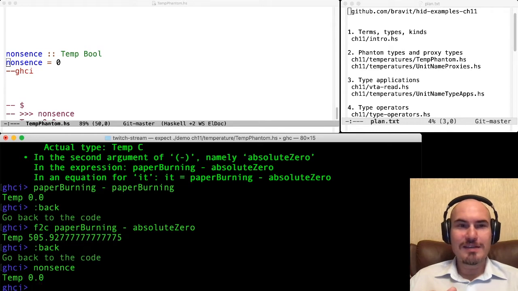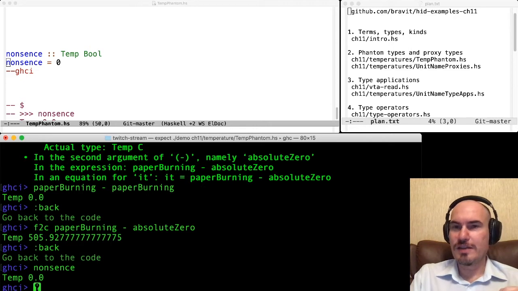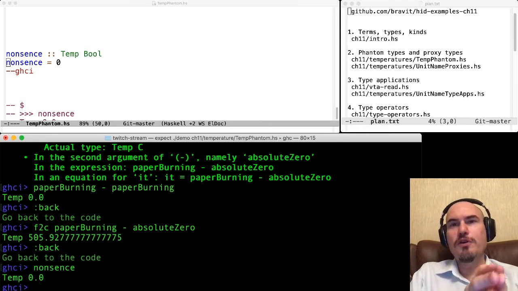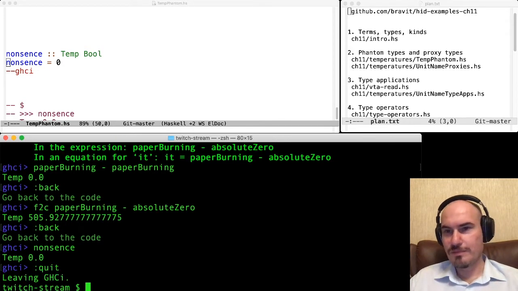With these phantom types, we don't get control. Note, we can express an idea of having different scales for degrees, but we cannot check that the user follows this idea correctly. Of course, it can be used in the right way, but it also can be used in an incorrect way, just as here.